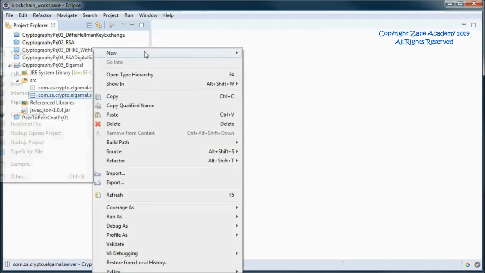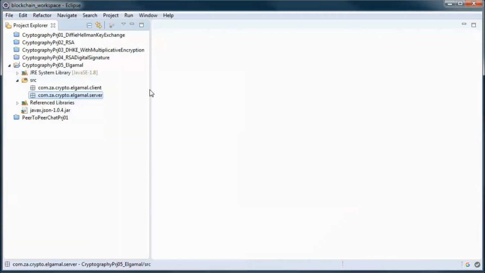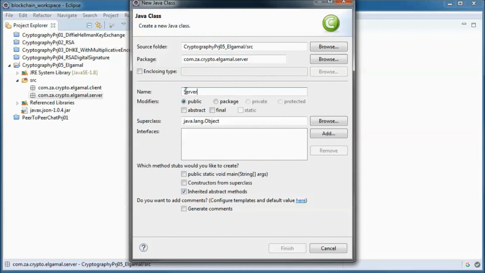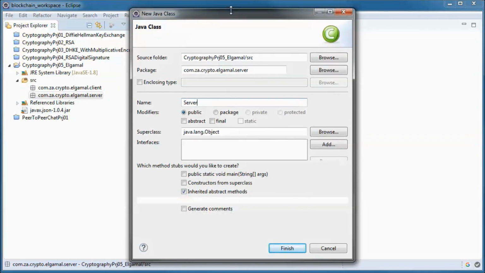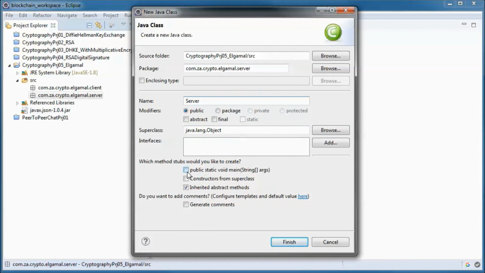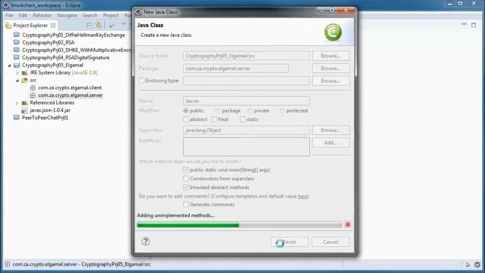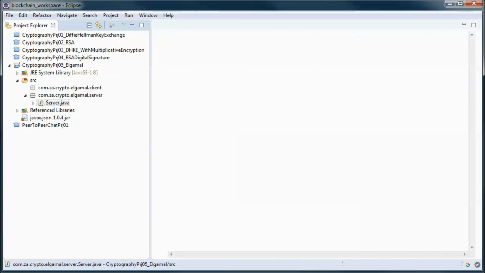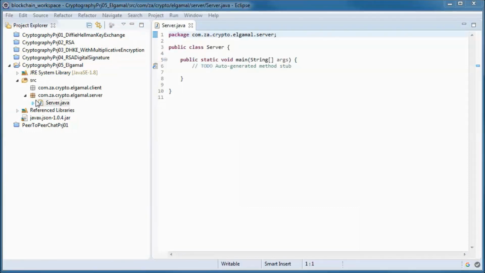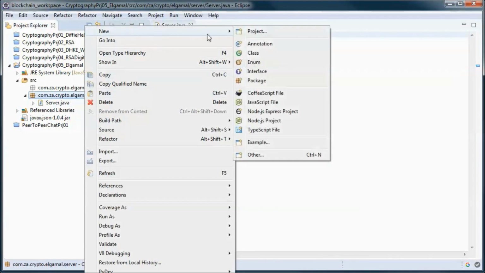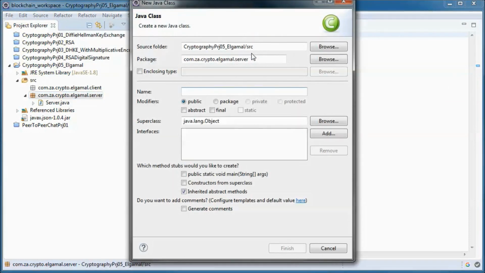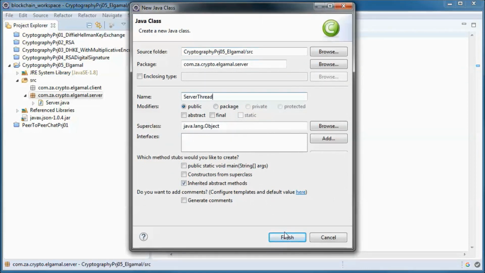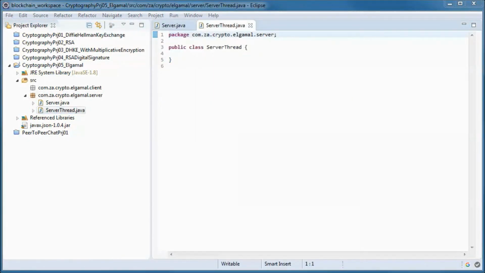And on the server side, we will have a server class with a main method, and a server thread class which will extend from thread.